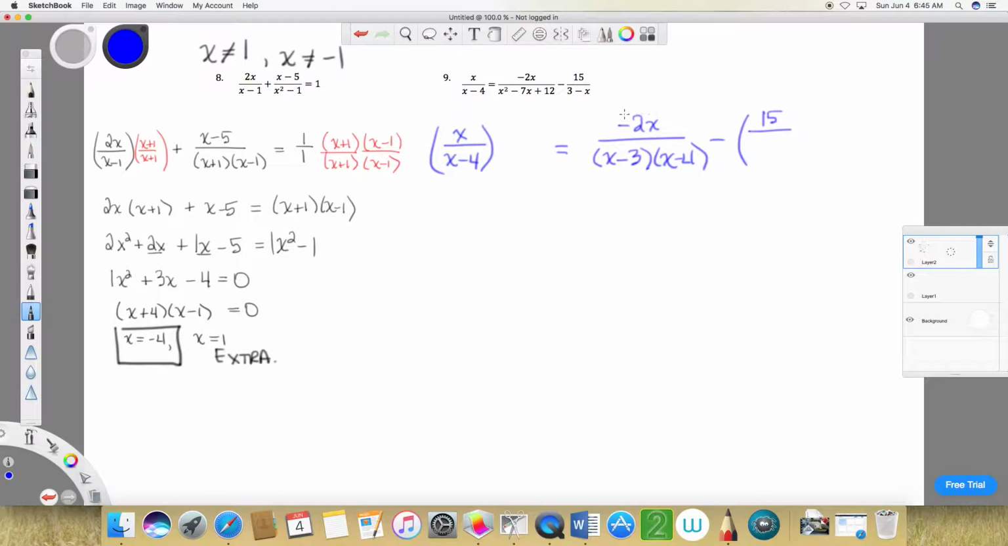Now, let's slow down a bit. This 3 minus x is the opposite of x minus 3. So I'm going to factor out a negative sign. I'm going to look at this as negative 3 plus x, which you can rewrite those terms. That's just x minus 3. Okay, so